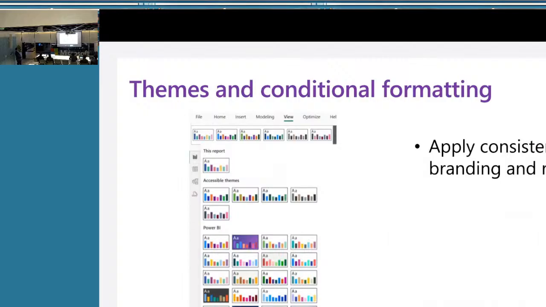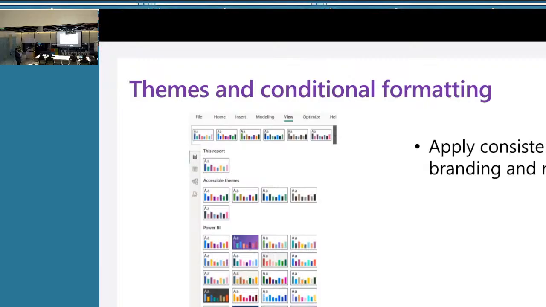Okay. Another thing for you to know is that in Power BI, you can import themes. You have your basic themes that are there. Just like when you create slides, you go to the theme section and see the built-in themes, you will see them in Power BI as well. You go to the View tab and you'll see the list of themes. You can use the built-in themes, and you can also create your own theme, which is literally just a JSON that you write, where you define your font type and color and so on.